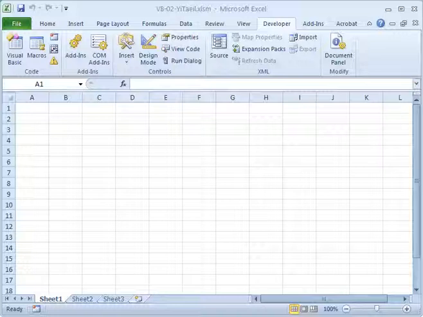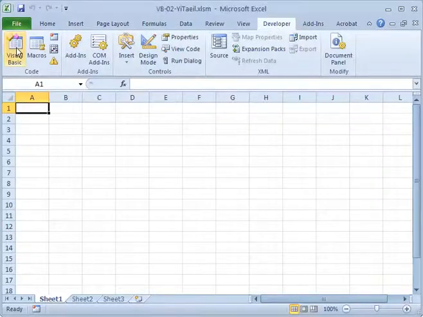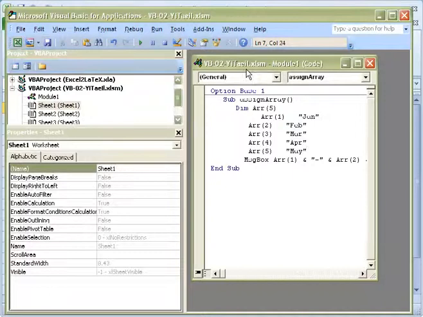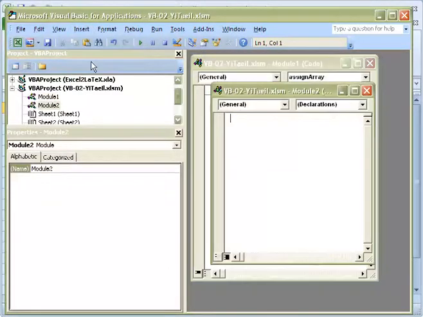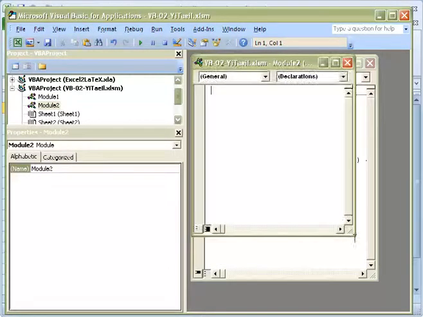But if you want to put that option base 1 in our code, then it should look like an array with 2 and 2, right? Okay, so let's go to developer and click Visual Basic, and you could add a new subroutine here, but let's make another module here. So module number 2,